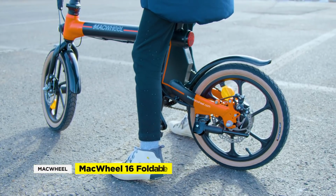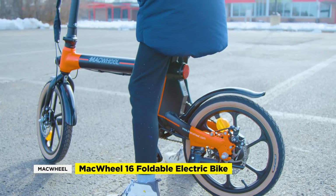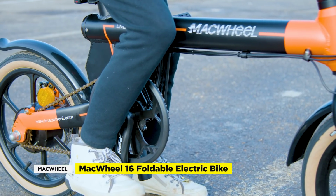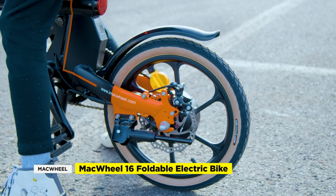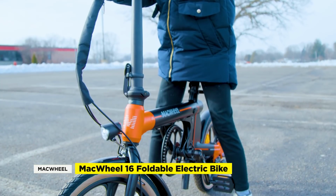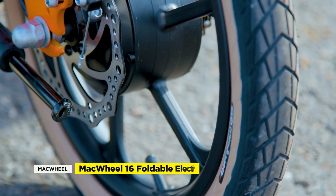Today we're doing our first impressions of the MacWheel 16 electric bike. At only $500, the MacWheel 16 fits into the ultra budget Amazon category, but not necessarily in terms of looks and quality. Lots of companies are starting to jump on the cheap e-bike bandwagon, but the MacWheel 16 feels a bit different. In this video, we'll discuss the features and let you know whether the MacWheel 16 is worth the